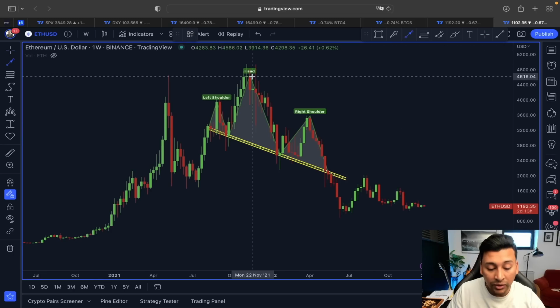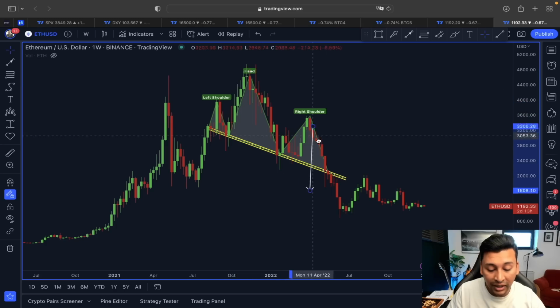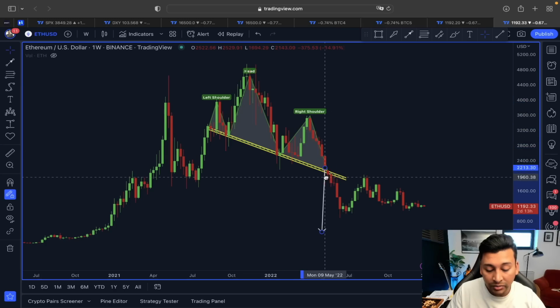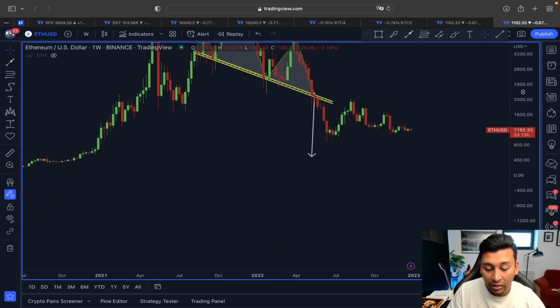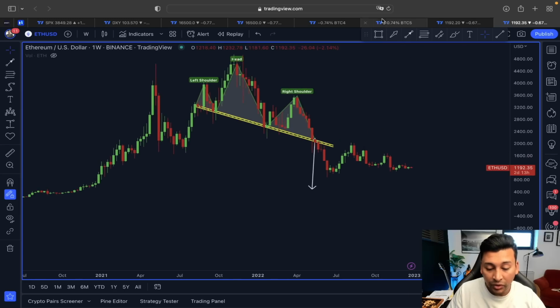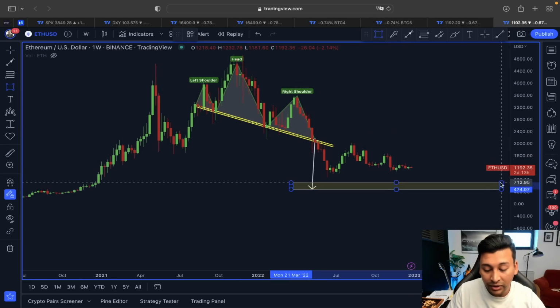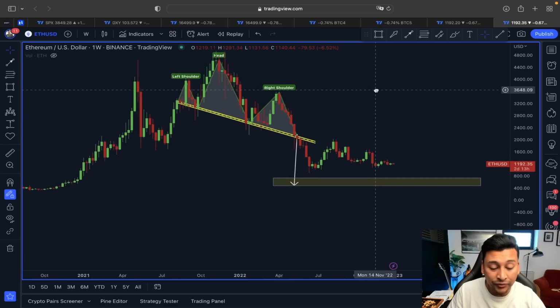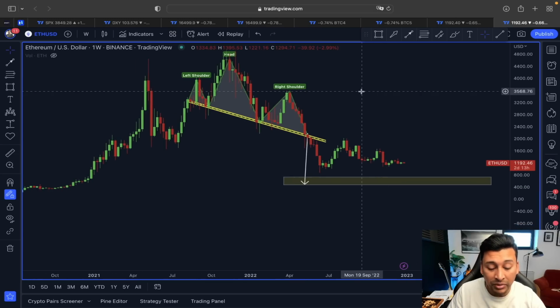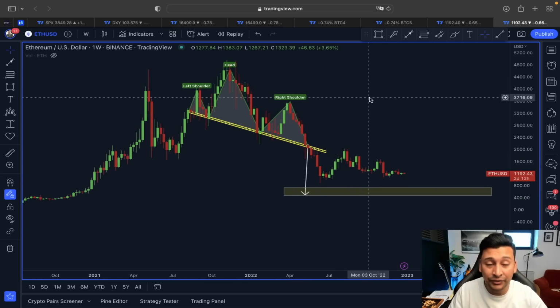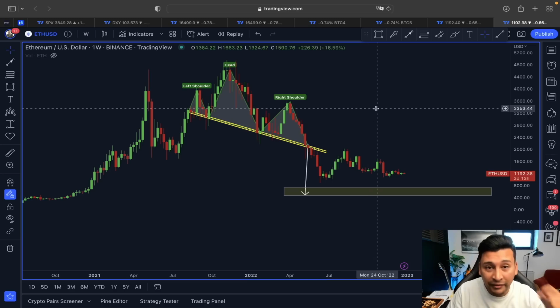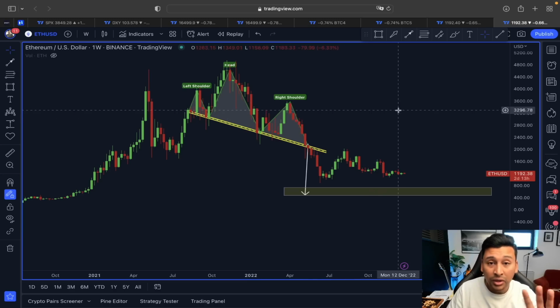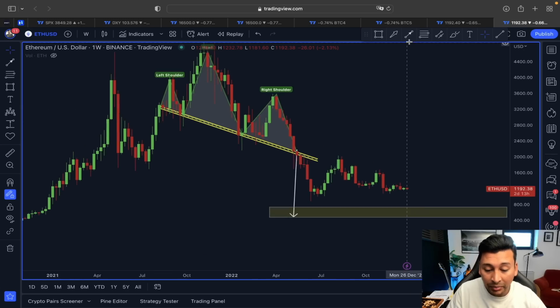So according to this head and shoulder, if this here is going to play out, I mean from this neckline till the bottom area, then you can see where could the price of Ethereum be heading. You can see between 400 to 500. That's why this 400 to 500 is definitely going to be looked as our worst case target for Ethereum before it finally finds bottom. Not just only because of this, what we can also do, guys, we can simply add